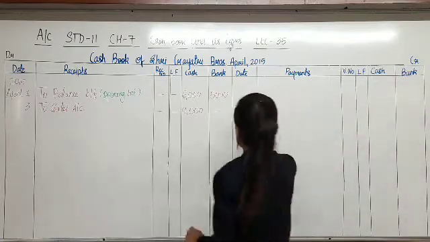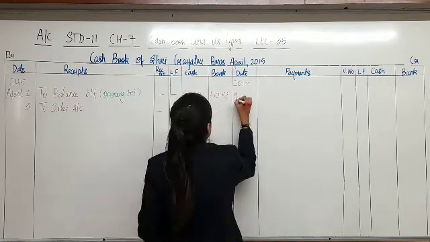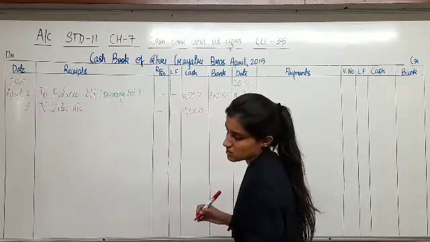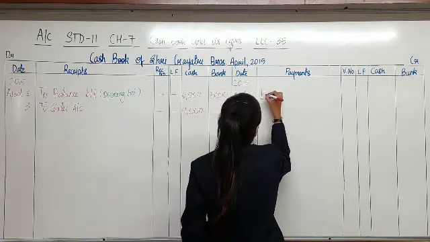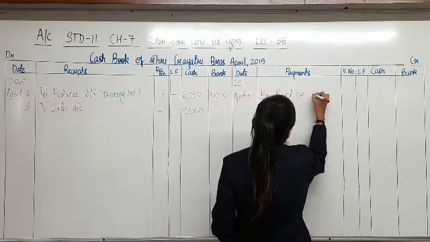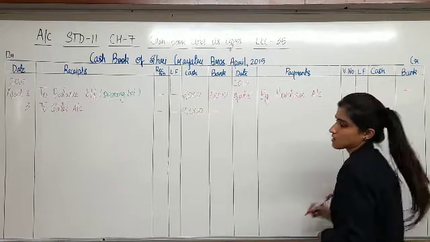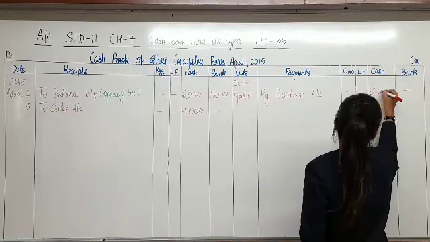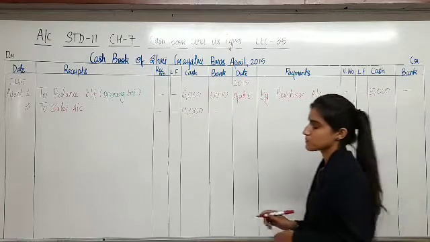So 2015, April, 5th of April, by purchase goods of rupees 3,000. So you have paid 3,000 cash to Janki for purchase of goods. Next,